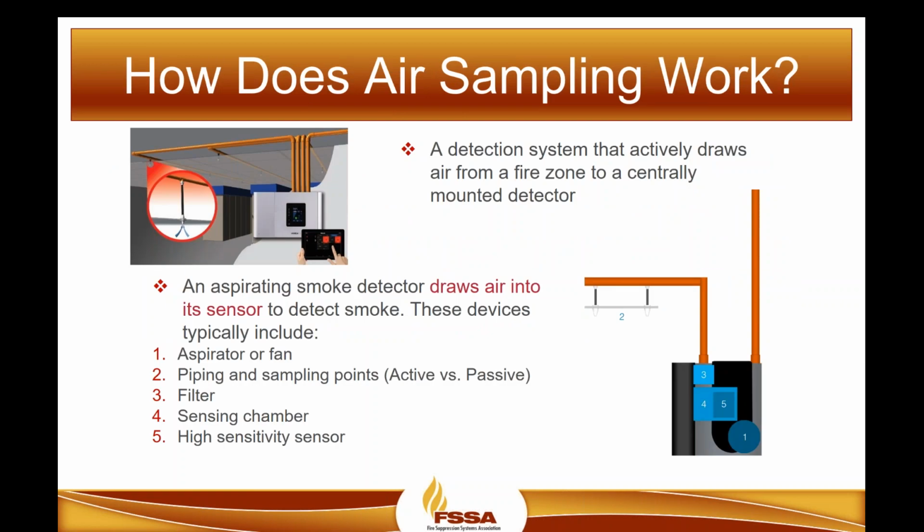I'd agree, Dan. And air sampling is the oldest smoke detection method we know of. It started back in the 30s and 40s. In marine applications, we had air sampling on ships where we would sample from the same piping we would discharge CO2 from. And it's come a long way from the cloud chamber to xenon, to where we're at now. It's widely used in communications, electronic, and mission critical